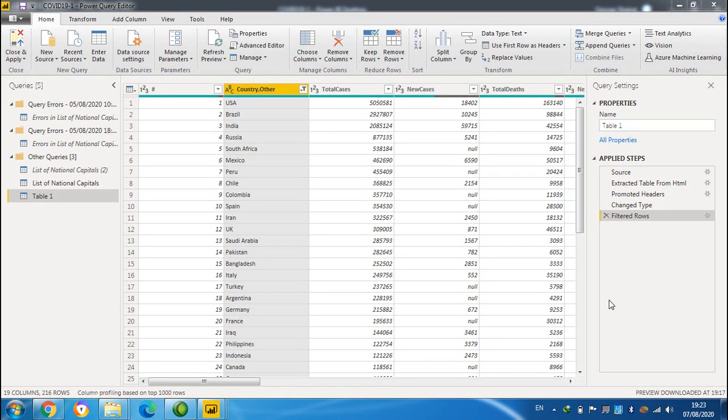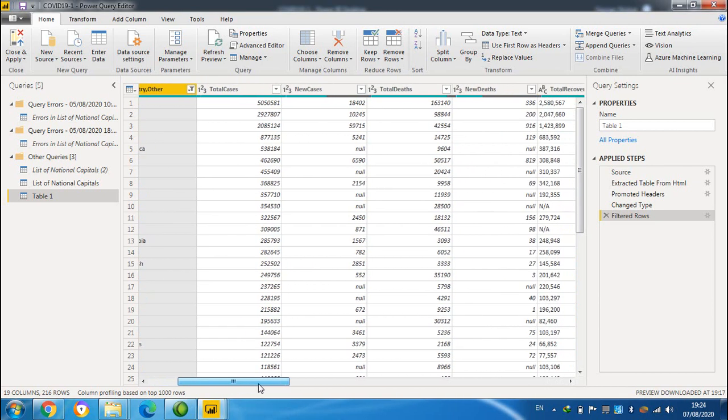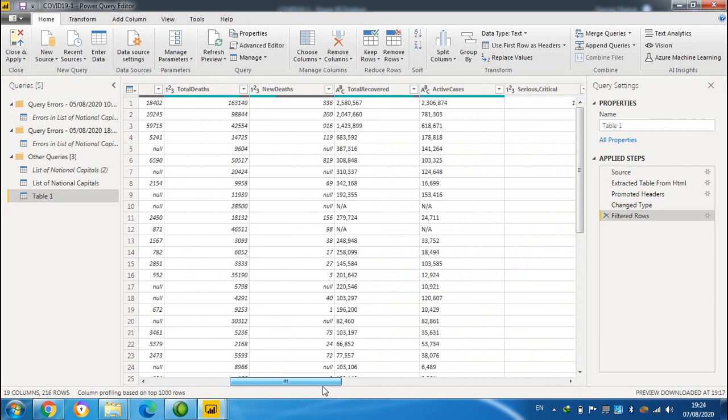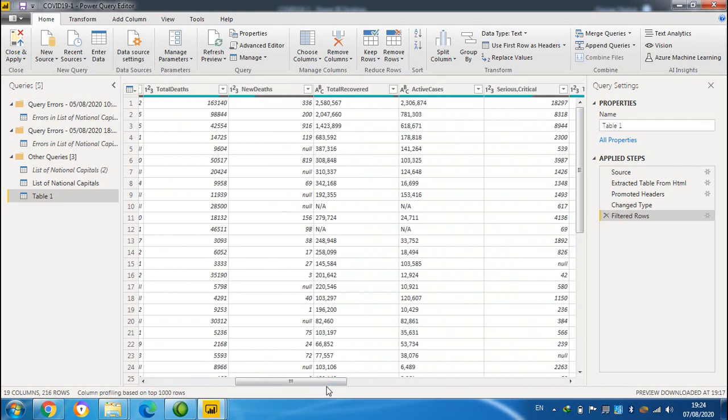It would be better to have a look at all the other data formats. For example, if I have numbers, I must make sure they are numbers, not text. If I have text, I must make sure they are text, and so on. You will find that total cases here are in number format, and this is correct. New cases are in number format, and the same for total deaths, new deaths, and total recovered. But here in total recovered, we have